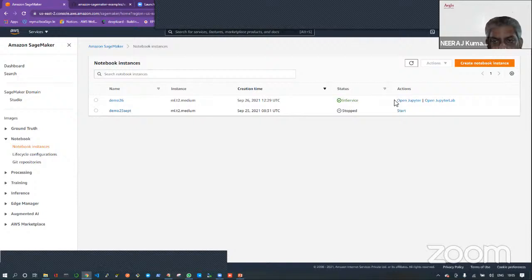Okay. So now as you can see, I have just created this instance. Now the status has changed to InService. It means that behind the scenes, SageMaker has created a virtual machine, EC2 in AWS parlance, and it is up and running. It's ready to use. So I'm just clicking on Open Jupyter, right?